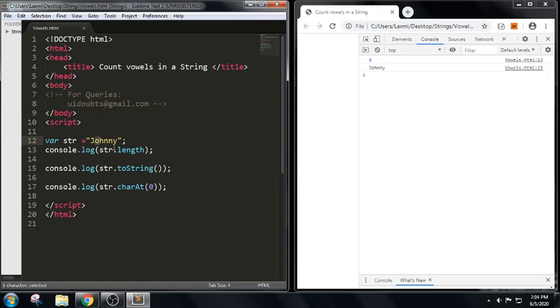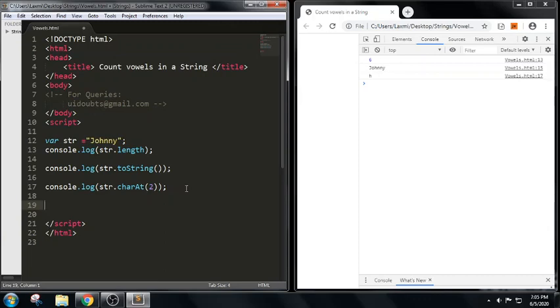If I want to return the last character, we should write length minus 1, as we have done in arrays. Now we got j. If I write 1, 2 here, we got h. It means 0 for j, 1 and 2 for h. So we got output as h. The charAt method returns the character at the specific index in a string.